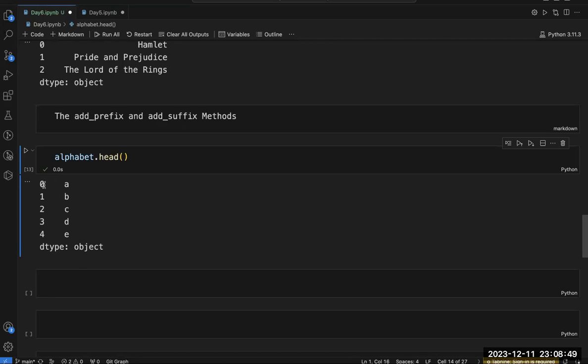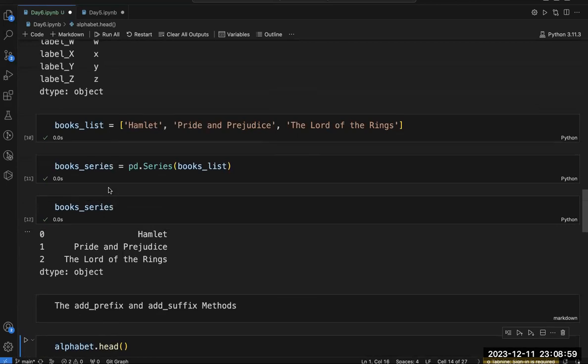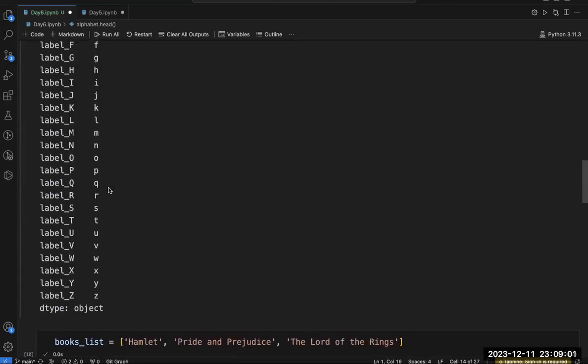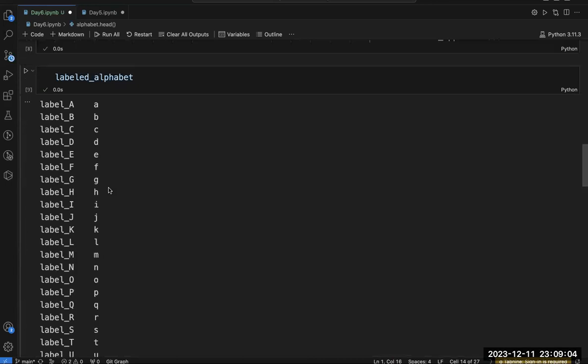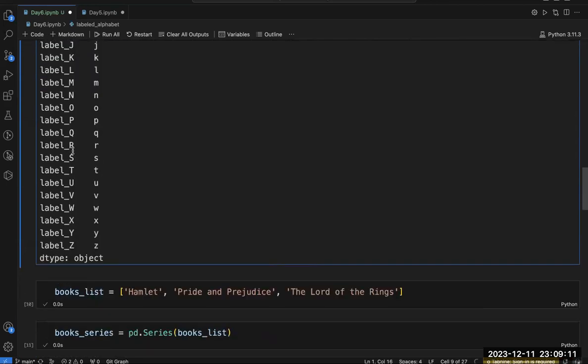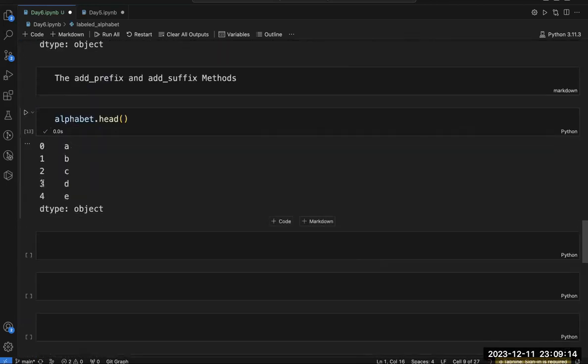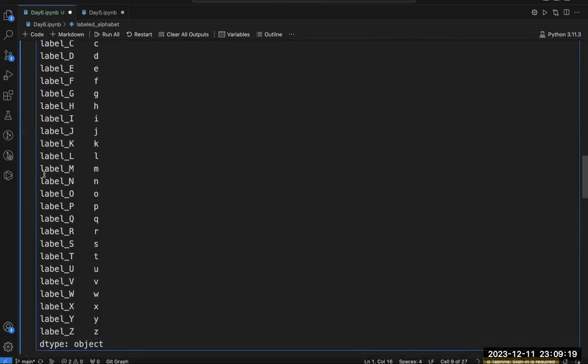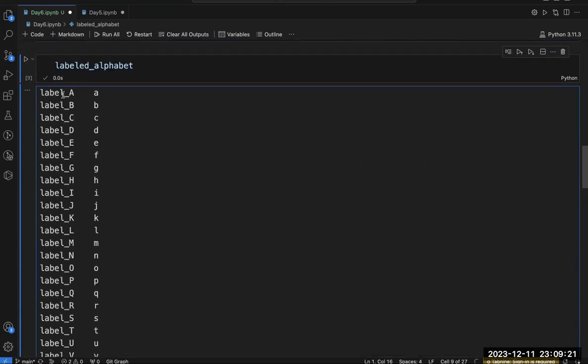If I want to add a prefix, any prefix, let's say the prefix level underscore, which I have seen here, just like this. If I want to add this prefix level underscore before whatever is written here, let's say ABCD is written here, and in this case 0, 1, 2, 3, 4 is written. So before 0, 1, 2, 3, 4, I want to attach this prefix, level underscore.